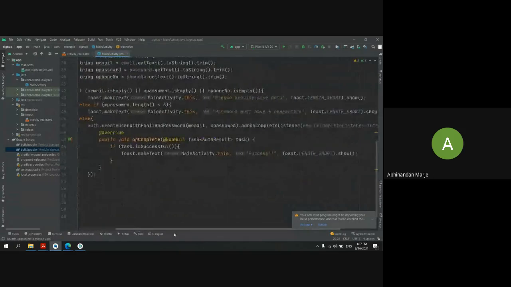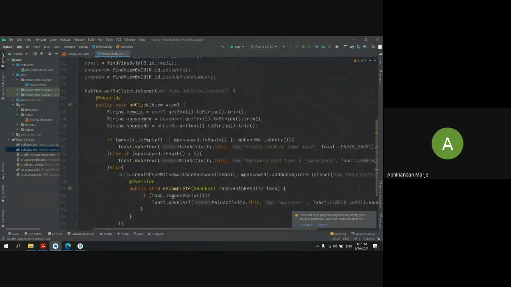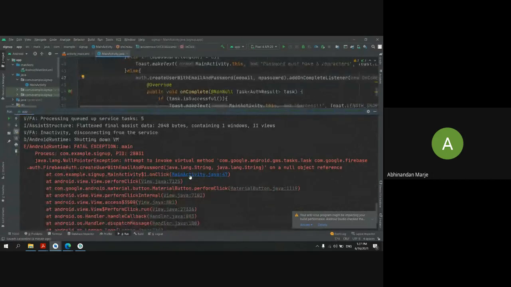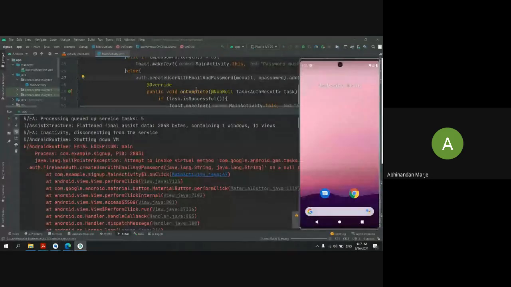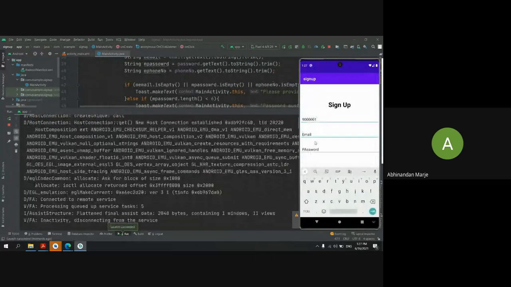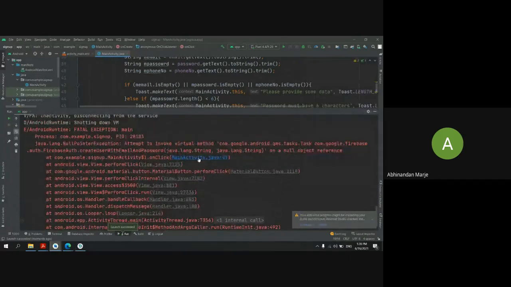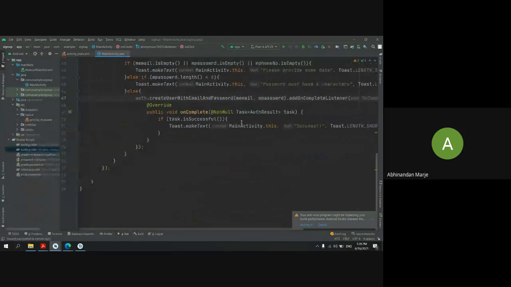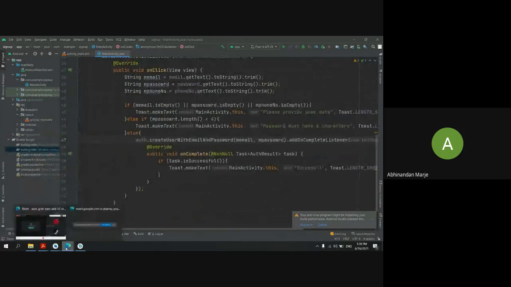What is wrong here? Create another null object. Okay. Just wait.